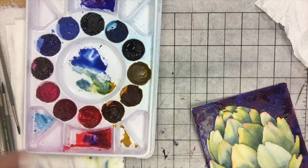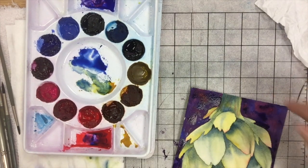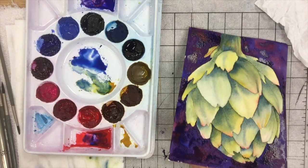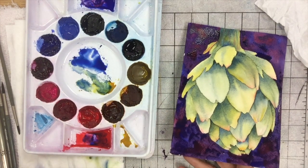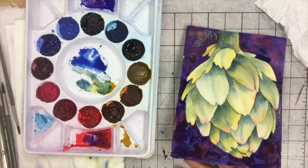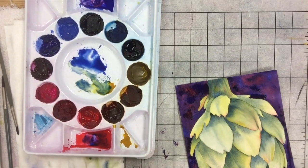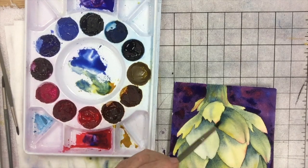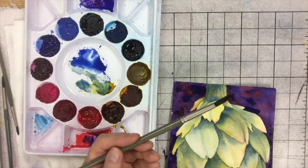All right, so I got all the way around, and no brush strokes. Very nice. Everything is just muddled into each other. That's how I like my backgrounds. Not only can you make it more dramatic by putting more dark color, like I showed you in these couple of petals, by layering or glazing,